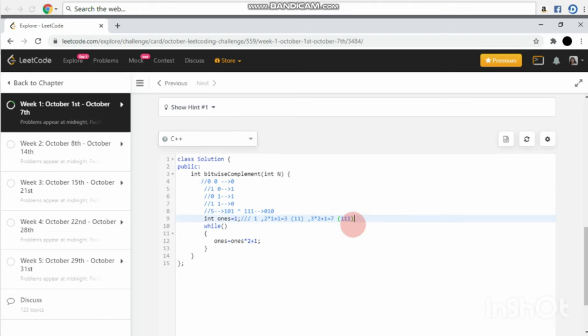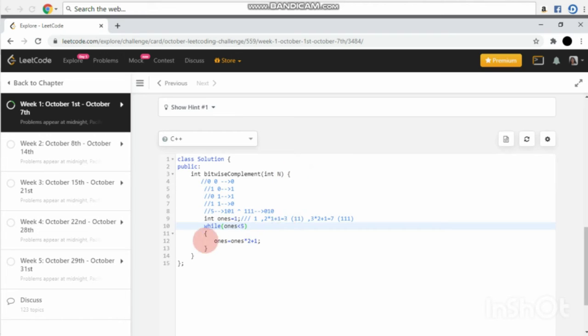If you notice, here we are getting 3 and here we are getting 7. So what can be done is, we want our ones to be less than the given value, which is 5.